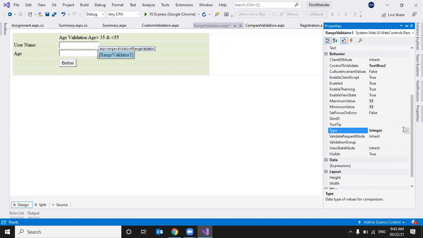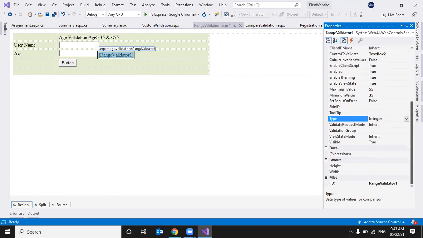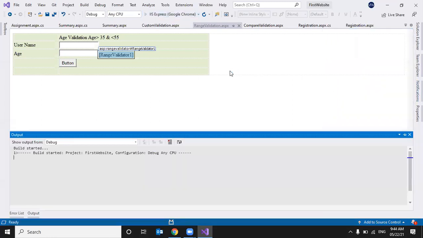So data type is integer. Sir, if we set one of the min value or max value and leave the other value as it is, then what will happen? Let's check that scenario as well. First, check this scenario, then we'll jump to that.